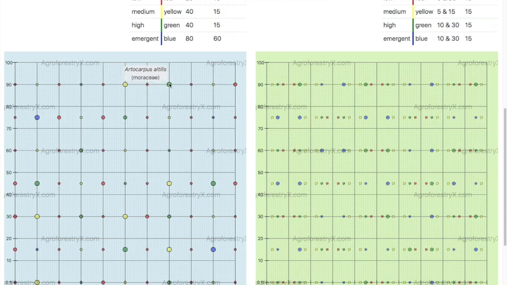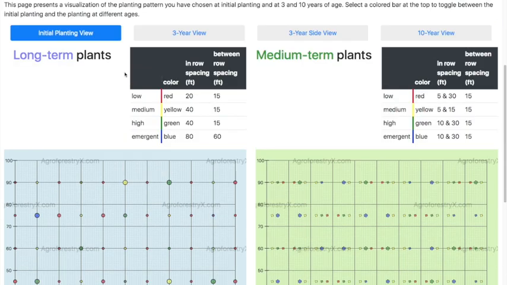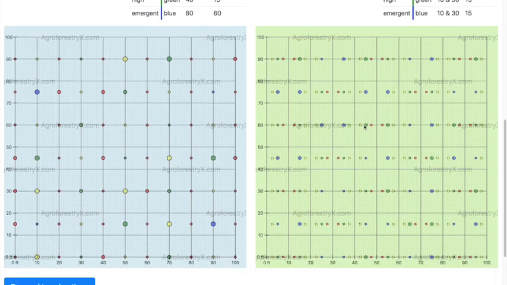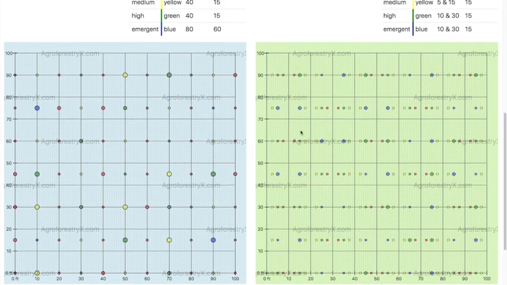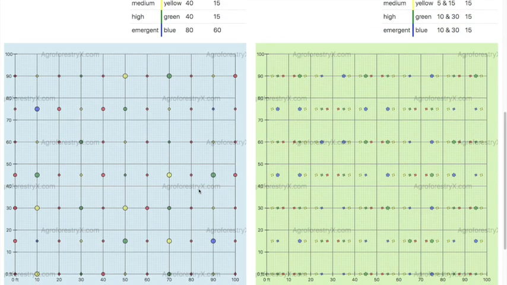Color coded, of course, by their stratification. And we have it broken up into long-term and medium-term. So in reality, these would be overlaid upon one another. But to make it easier for visualization, we have separated them. And this is why we did not include the short-term, because you can imagine with the short-term organisms here, this would just be a mass of dots.